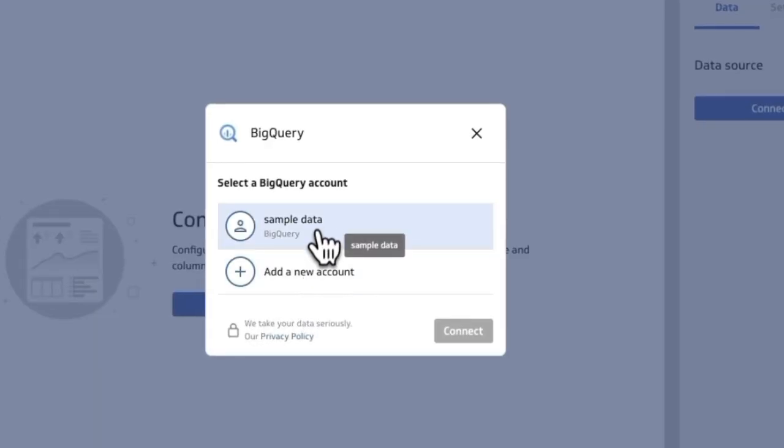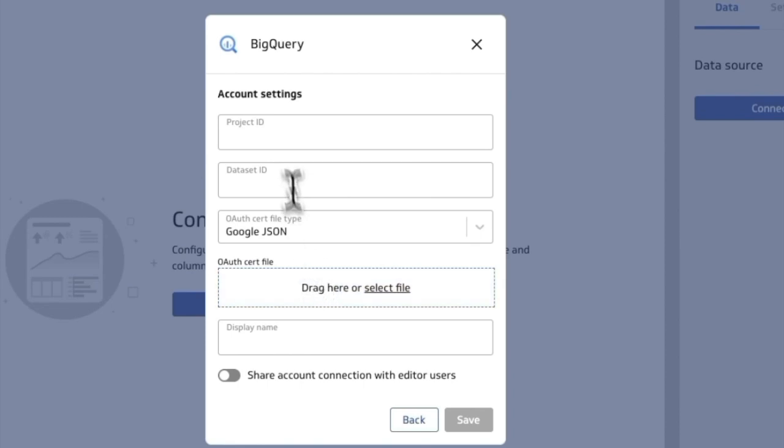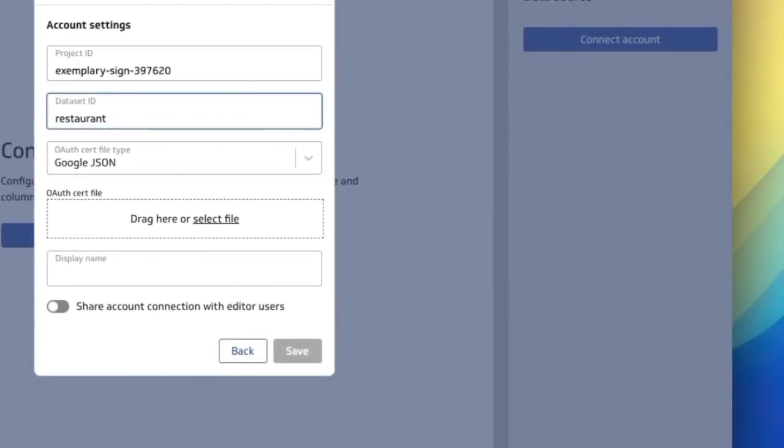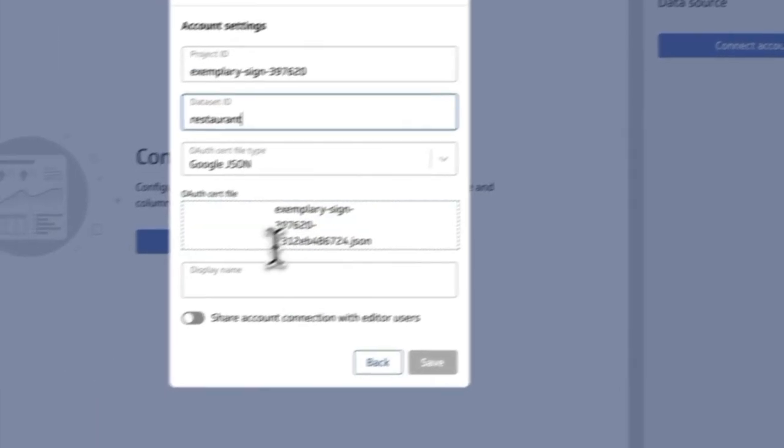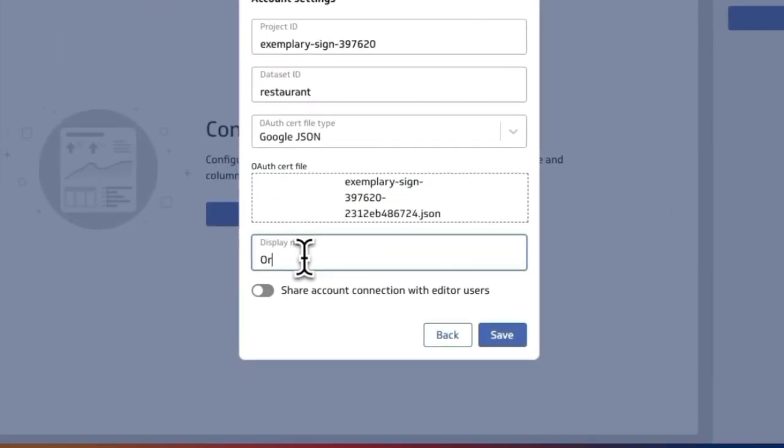To get started, we're going to set up a new account and we're going to enter our account settings. These account settings will generally differ slightly between Snowflake and Databricks and BigQuery, etc., but generally they all follow the same type of connection profile. Note here too that there's a small toggle that would allow you to share this token with other users inside